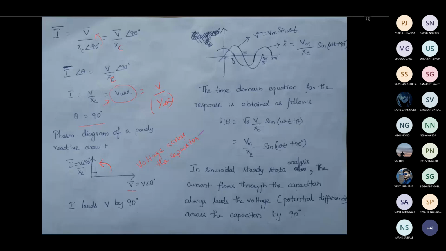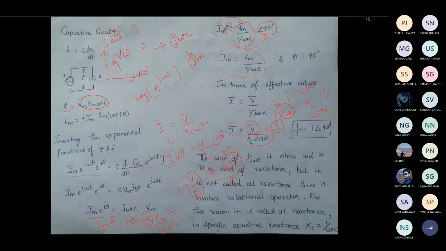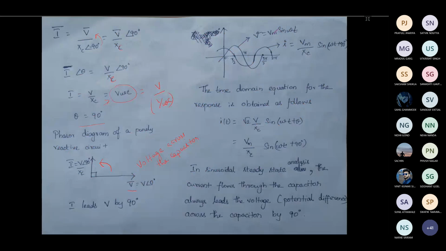So you keep it in mind, even though we have taken a simple circuit. For this circuit, obviously the source voltage and capacitor voltage will be the same, but when we go forward, we will not see that the source voltage is equal to the voltage across the capacitor or inductor. So what I want to say is, always focus on the capacitor voltage and the current flowing through it, the inductor voltage and the current flowing through it, not the source voltage. Okay, so that's what I wanted to let you know. Here, if you draw it in sinusoidal fashion, you will get V equal to Vm sin omega t. That will be exactly at 0, because the angle difference is 0 degree.